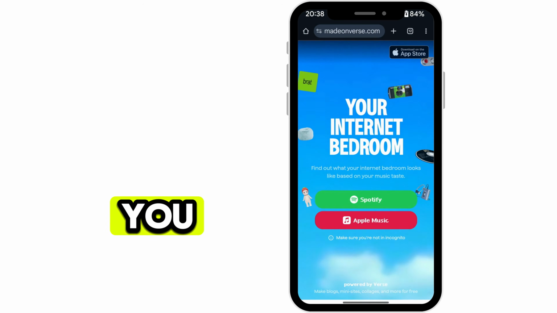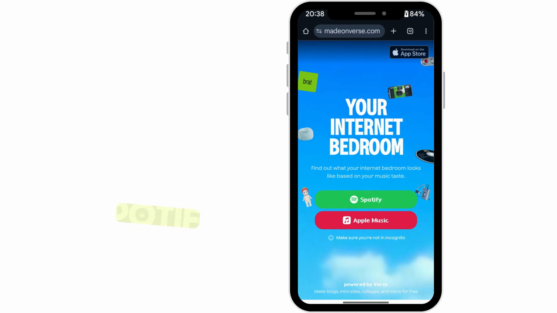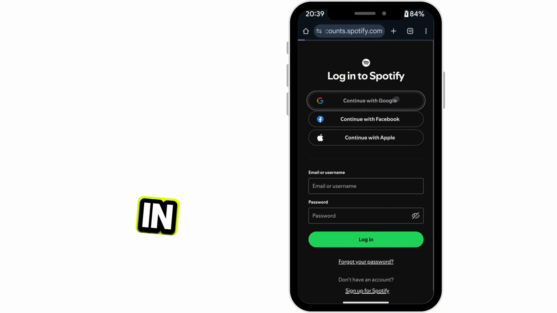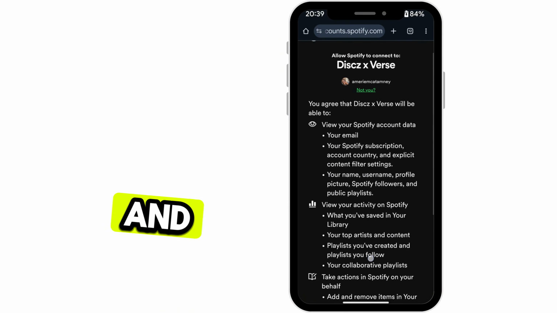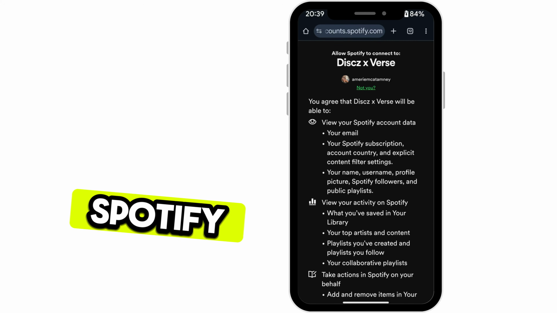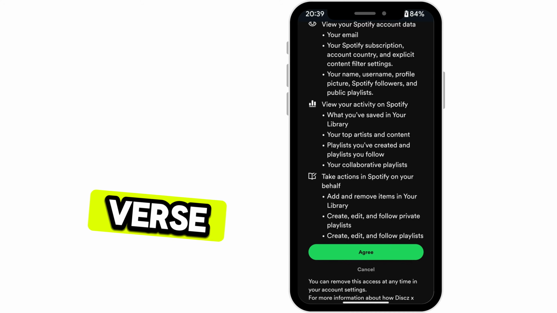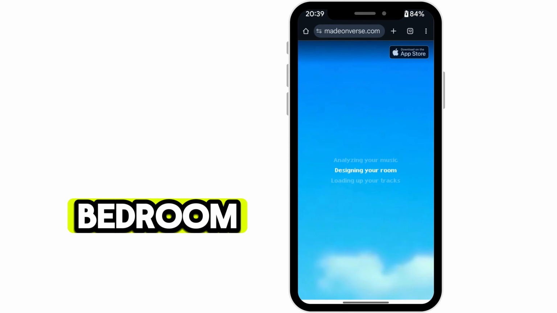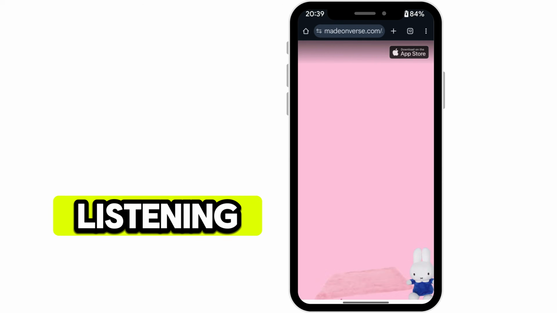Now you see here that you have two different options, Spotify or Apple Music. Choose whichever one that applies to you and sign in to the platform. And then what you want to do is allow Spotify to connect to Discs X Verse. Hit agree. And now it's going to create my bedroom according to the tracks that I've been listening to on